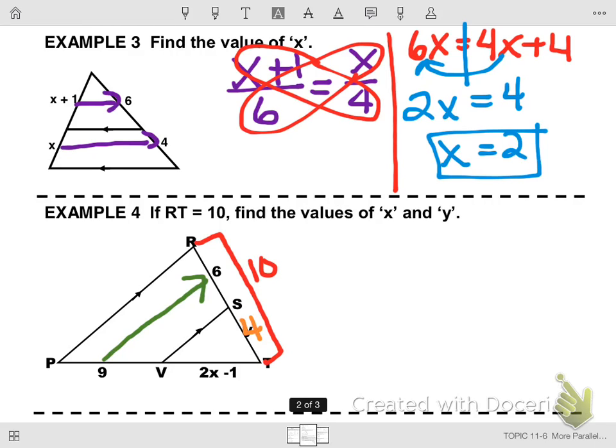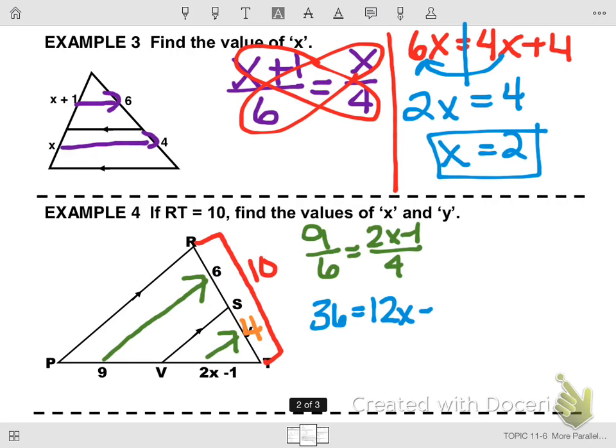Now I can go back and set up my proportion, because I cannot have two different letters in it. So I'm going to do 9 to 6 equals 2x minus 1 to 4. Cross multiply, I've got 9 times 4 is 36. 6 times 2x is 12x. And then 6 times negative 1 is negative 6. Since I only have one variable, I'm going to keep it on the side that it is at. And then I'm going to take the negative 6 to the other side. When I cross the line, I got to change the sign. So now I have